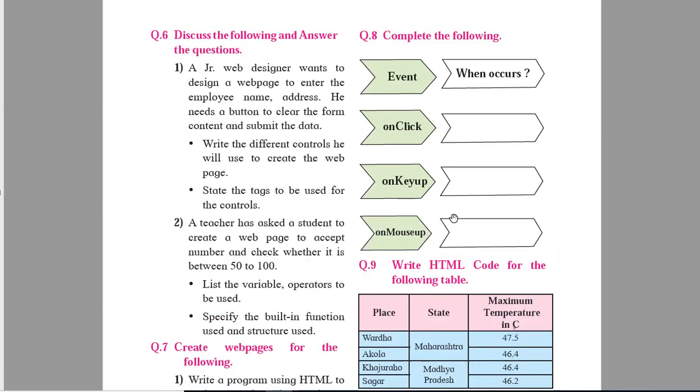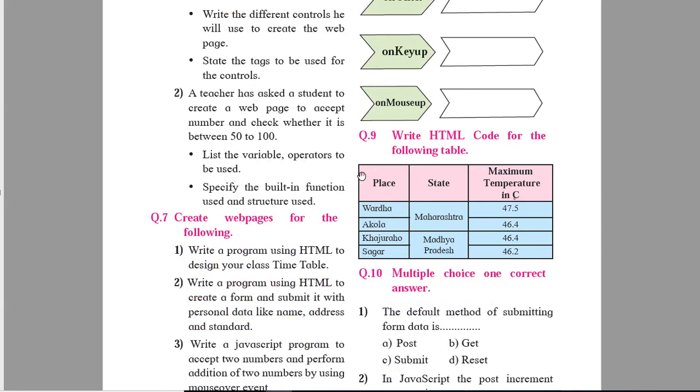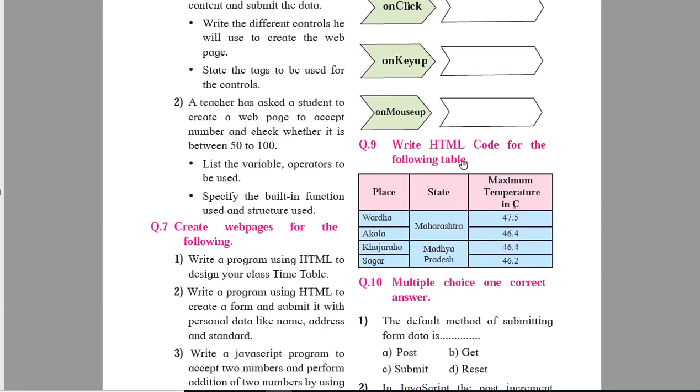Okay, after that, question number 8 is again based on JavaScript, so you all will leave that question. Question number 9 is the HTML code for the following programs. See, this is the output you all have been given. You all have to write a program for this following table. There are 3 columns in which you all can see the second and third row is combined and a single row is created.